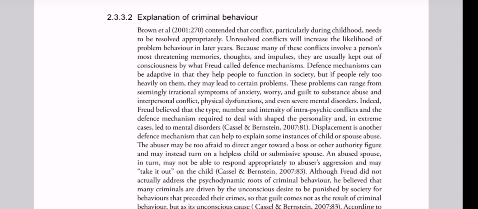Displacement is another defense mechanism that can help to explain some instances of child or spouse abuse. The abuser may be too afraid to direct anger toward a boss or other authority figure and may instead turn on a helpless child or submissive spouse. An abused spouse, in turn, may not be able to respond appropriately to the abuser's aggression and may take out